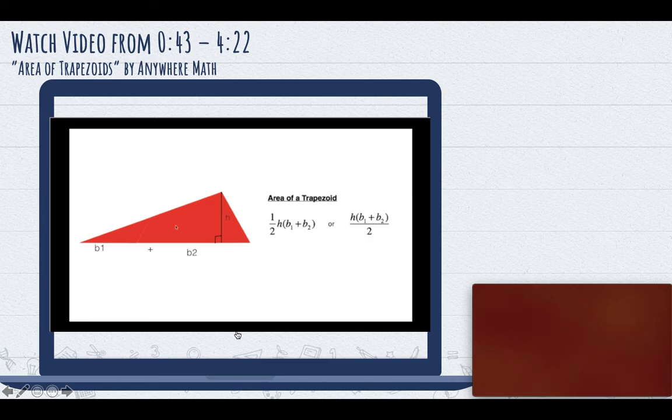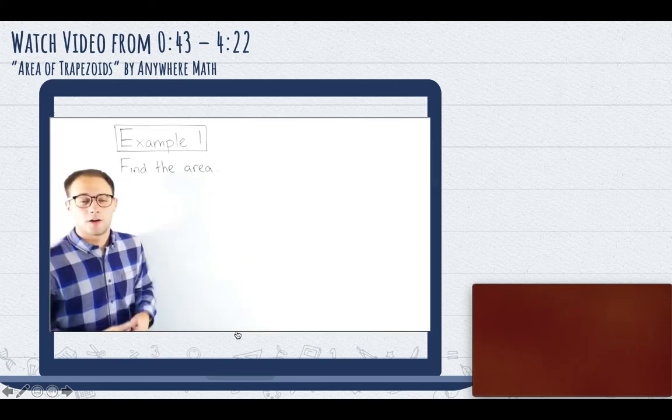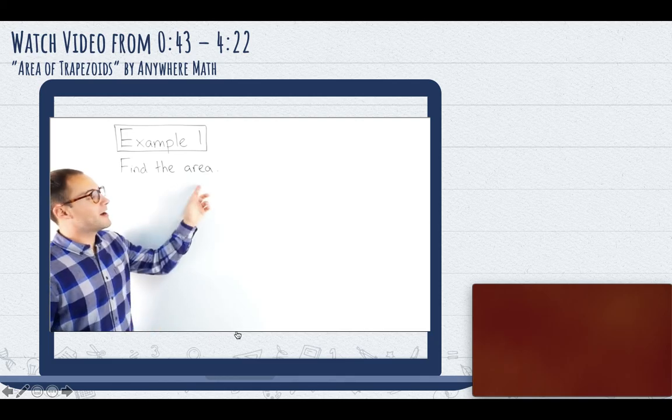Lastly, if you're wondering, well, does that work for any trapezoid? Yes, it will. Obviously, I'm not going to show you all different trapezoids, but yes, believe me, it would work for any trapezoid. Okay, example 1. Find the area of,